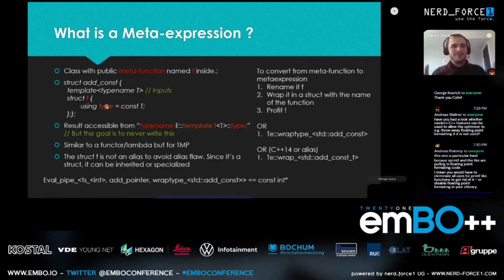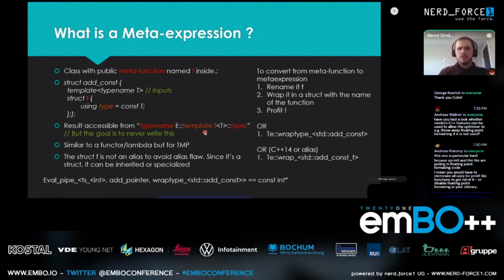So that worked. So the problem is how do you access this result? You have to say result, you have to say typename, which is this add_cons, template f bracket t, then type. Obviously, I don't want anyone to write this. It's tedious and not very useful. So if I can automate that, it's a win.